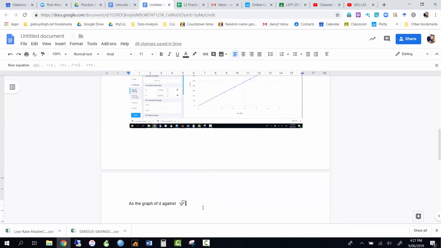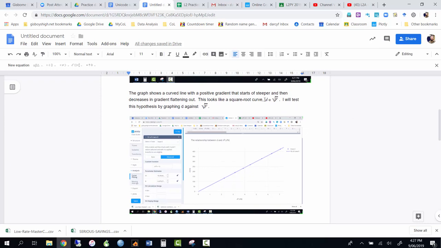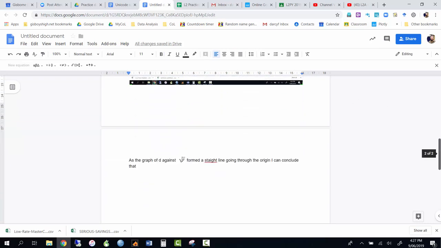Okay, as the graph of d against root f formed a straight line going through the origin, I can conclude that, let's copy it to make it easier,